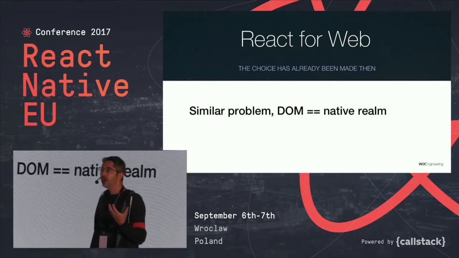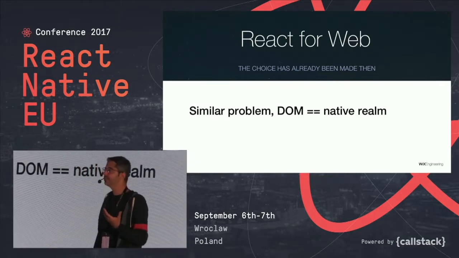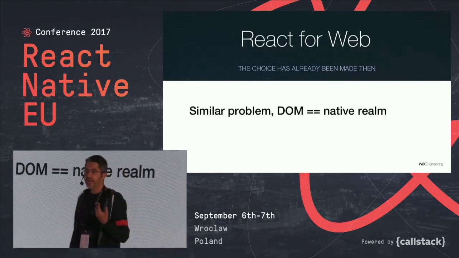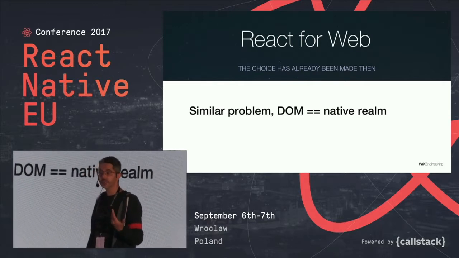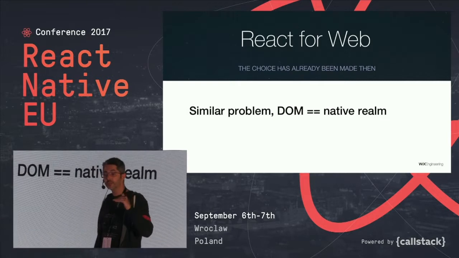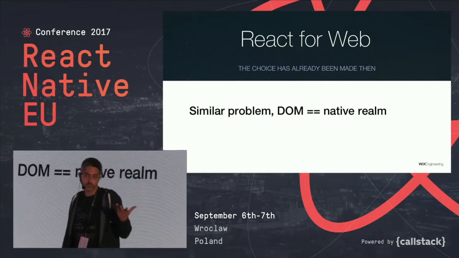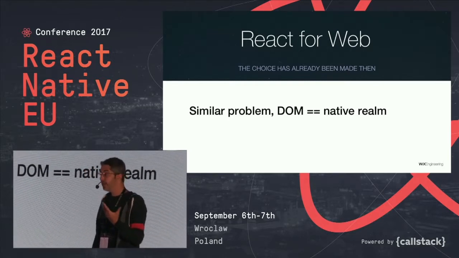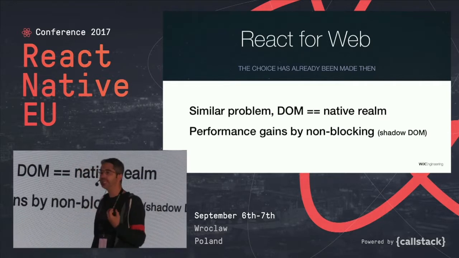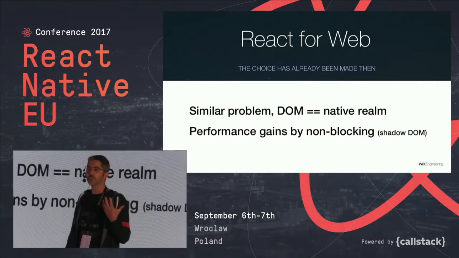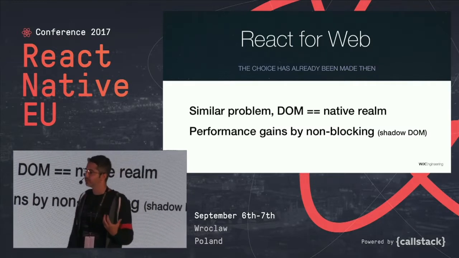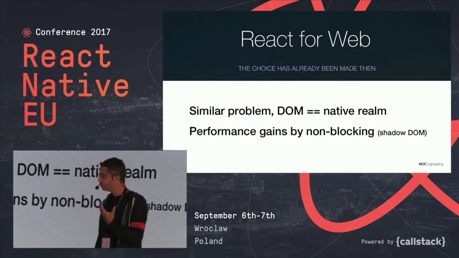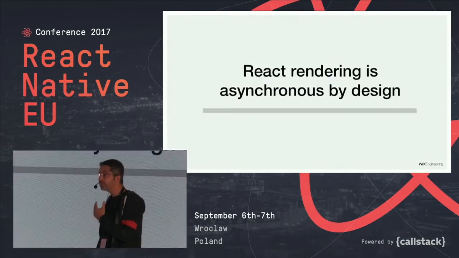If you look at how the web works with the DOM, it's actually a very, very similar problem. You still have the two realms: JavaScript, and the native realm, which is the DOM. And JavaScript in the browser, by default, is synchronous. Every time you do a DOM change from JavaScript, the JavaScript is blocked until the browser handles this request. So by default, the web was the blocking kind of paradigm. And as you know, there was a big performance gain with React when the concept of the shadow DOM was introduced, and we had JavaScript updating JavaScript, and then the updates would be sent asynchronously in the background. So React made a conscious choice to go the asynchronous way, and it's not a limitation.